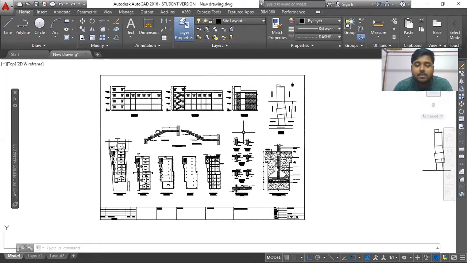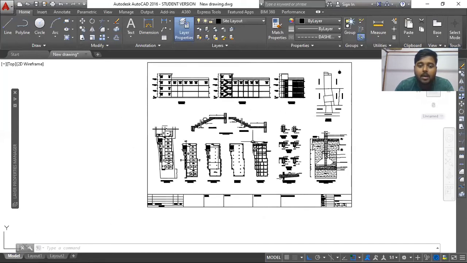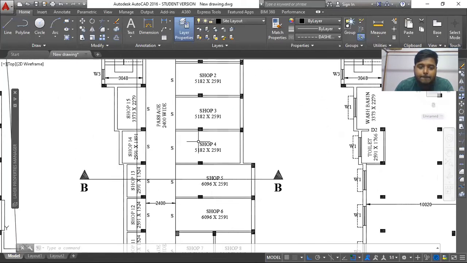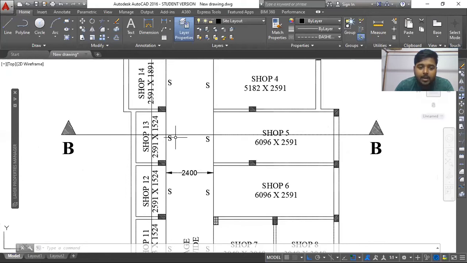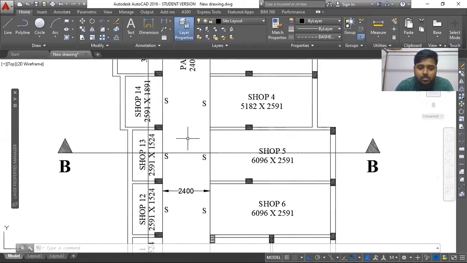So if you're still facing the problem, just go and do it, print it and see what problems and what differences you are getting. Then we'll talk about it. And apart from that, I have already told you how to set your dimensions and all those things, and how to provide sections and represent those things.